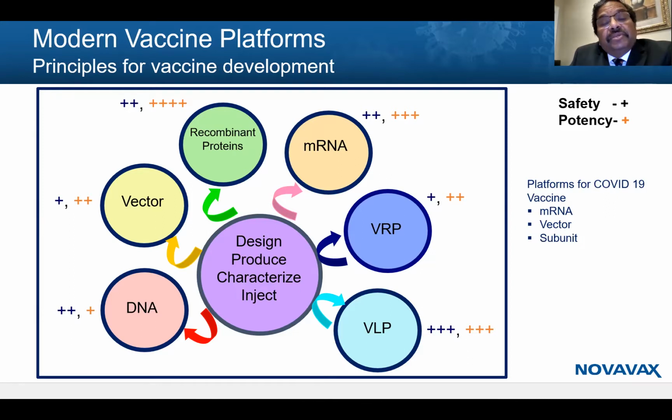There are two companies which are playing a critical role in developing the recombinant vaccine for COVID. One is Novavax, which has completed phase 3 trial, and then Sanofi Pasteur has initiated the phase 3 trial. So a lot of work has been done rather very quickly on these three platforms. Effort is also undergoing in terms of looking at the DNA, looking at the combination approach.